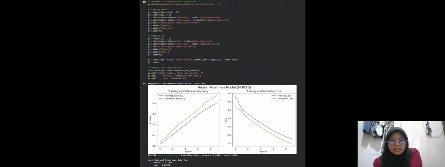Finally, the evaluation and classification result visualization step is performed after code cell 6. At this stage, the trained model is tested on the test dataset to generate a classification report and a confusion matrix. Overall, this deep learning practical demonstrates that using the VGG16 architecture with a transfer learning approach produces fairly good results